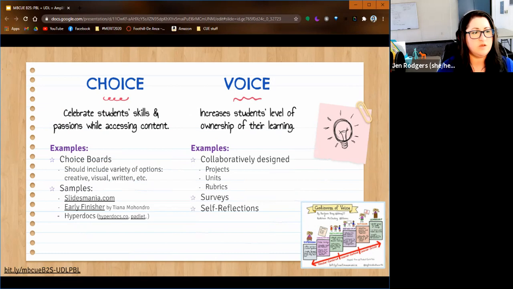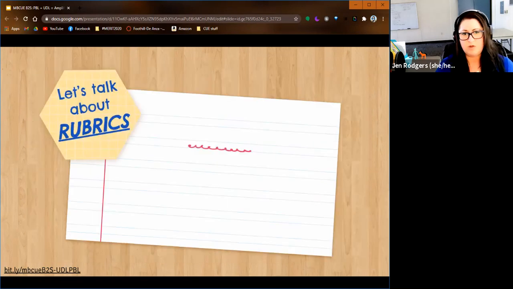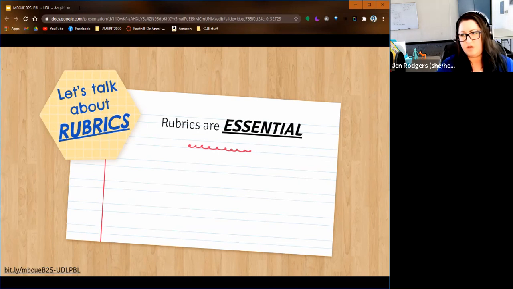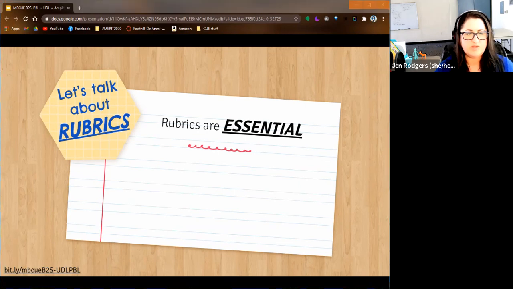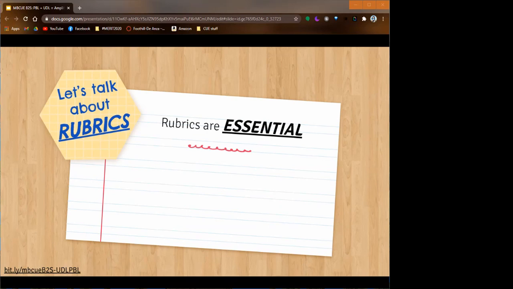universal design for learning. All right, so let's talk about rubrics. Rubrics are essential when doing this kind of work, and the right kind of rubric. So it's not just points and you have to do X, Y, Z, but it is